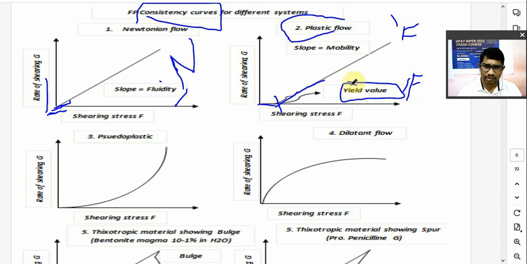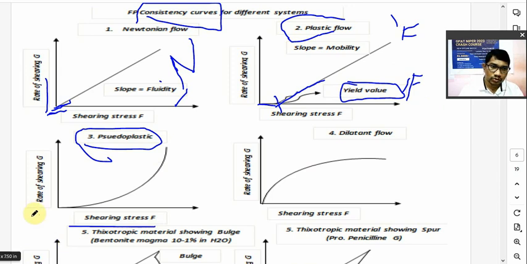You have to remember this here, and examples will come after this. Understand this a little here. Then in the non-Newtonian you have pseudoplastic flow. If you apply shearing stress here, the rate of shearing will not increase proportionally, and the